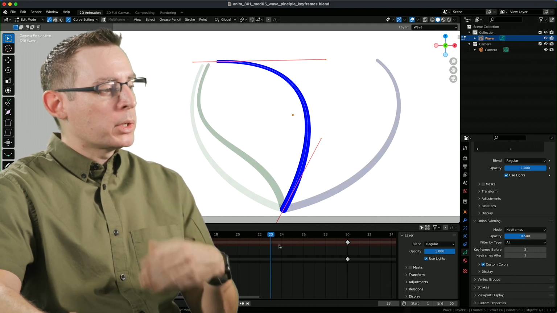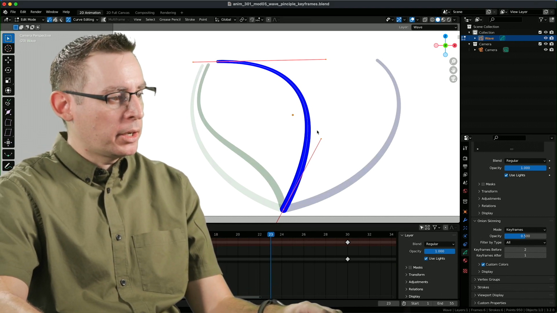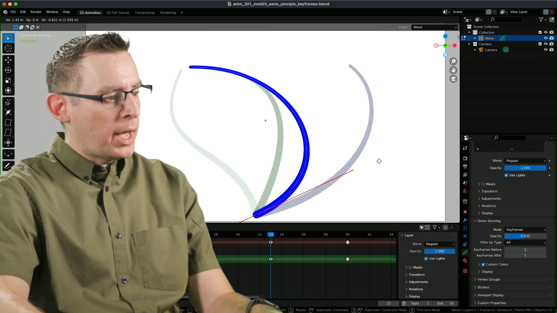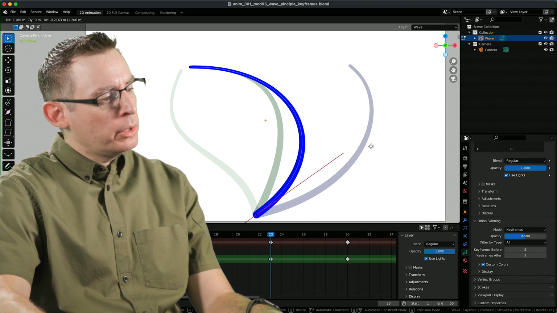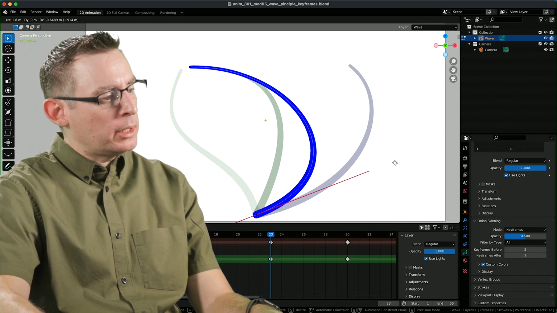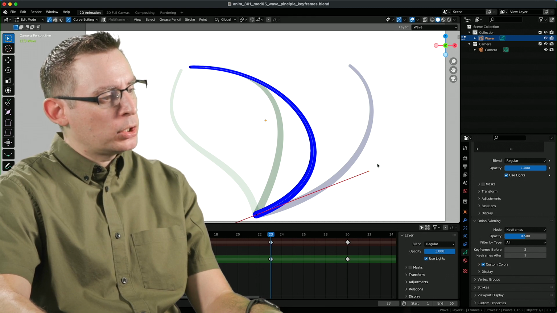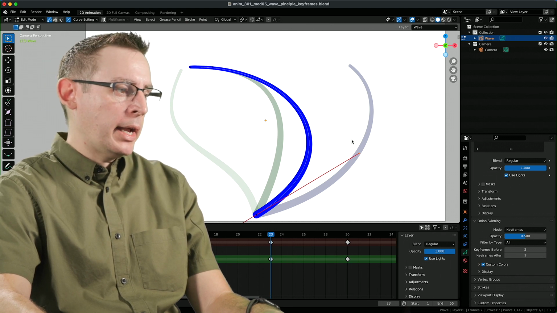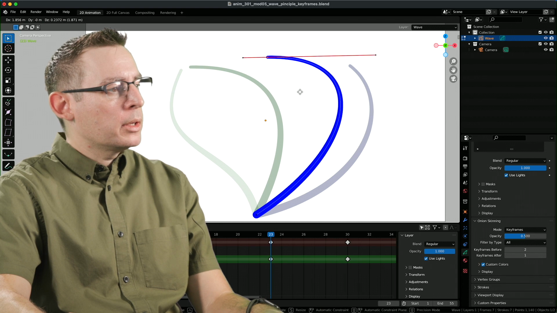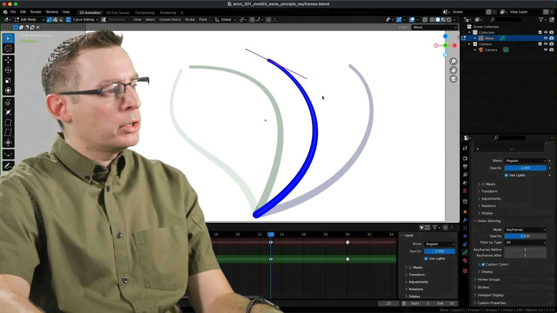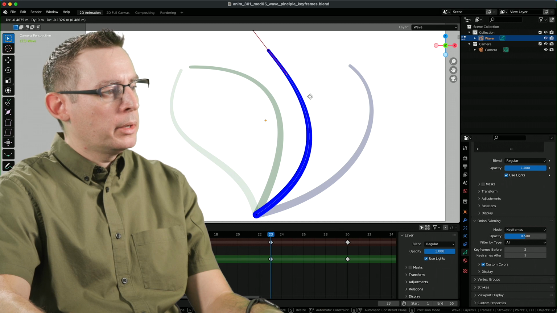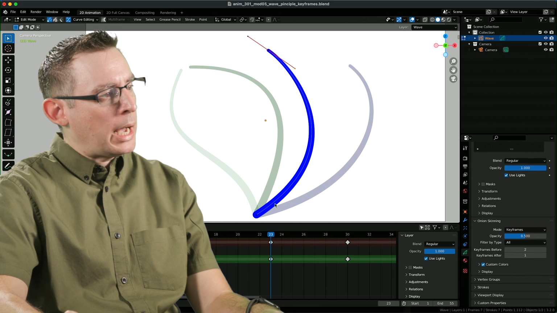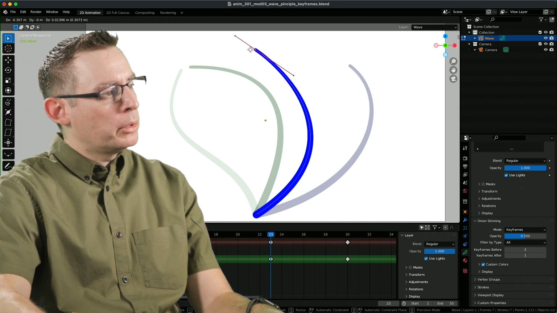Let's bisect our timeline one more time and add a new drawing into the mix here. Of course, we're always going to start our work with the motor itself. Let's grab it, move it down a little bit. We could also begin to experiment with the spacing of the drawings to suggest that it's beginning to slow down a little bit. So it doesn't always have to be an even distribution of the line and the form. We can experiment around with it. I think I'm also going to shallow out and shorten that curve a little bit, because at this point, we still want the tip to be flowing behind the motor.